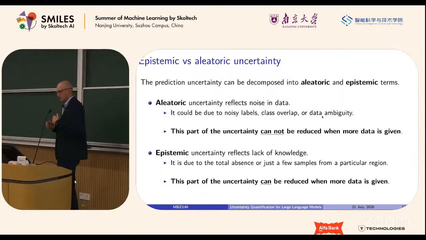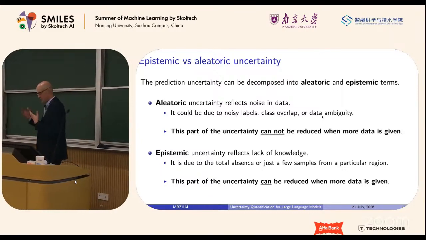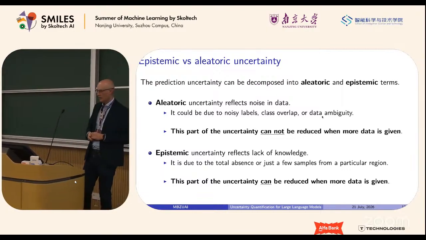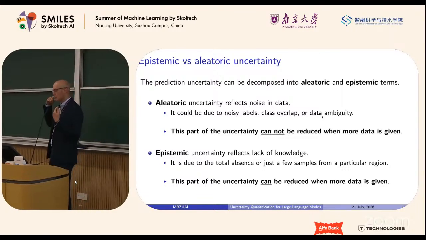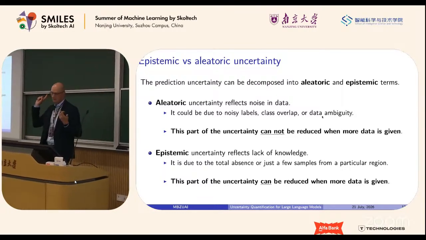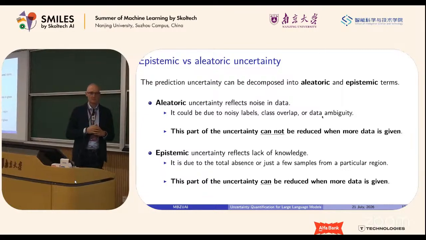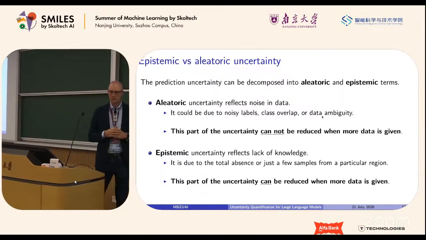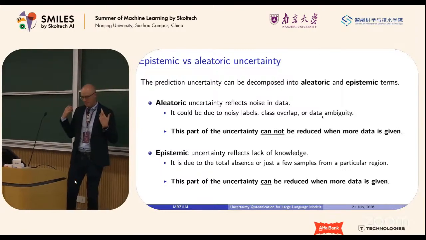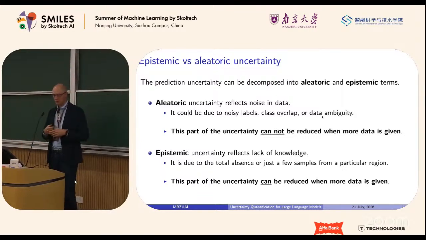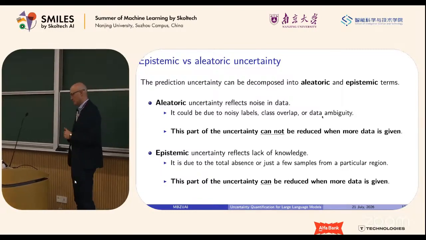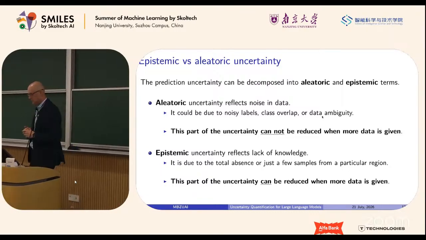At the same time, there's another source called epistemic uncertainty that reflects the lack of knowledge about our data, about our parameters of our model. So, for example, if you have just one instance in your training data set, that's probably not enough to make a good classifier, right? If you have two, it's better, but still bad. When you have a lot of data, then probably your classifier knows almost everything about your domain, and then the epistemic uncertainty is low.